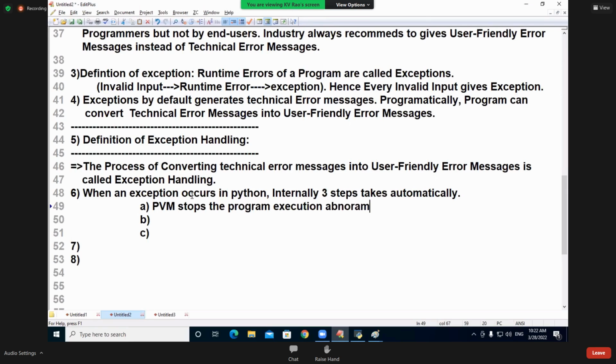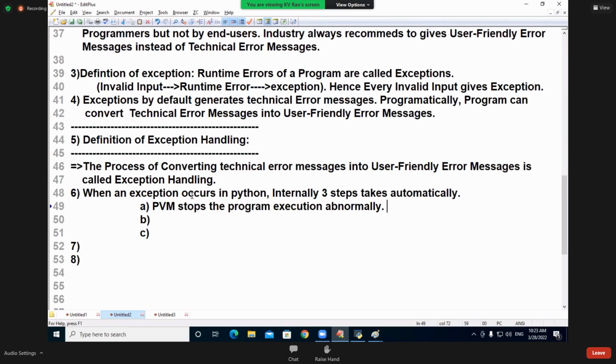Abnormally means what? Suppose my program contains 10 lines. Out of 10 lines, line number 1, line number 2, line number 3, line number 4, no problem.